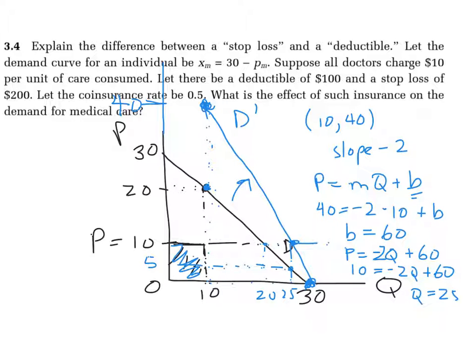Had they hit their stop loss, I'm just going to do this in yellow, the demand would have just followed the x-axis until whatever their $200 was, and then it would be just a vertical line at whatever level of usage. Basically, their demand curve would have been, had it been out to the right, let me get a pointer, don't want to mess this up. If their demand had been like this, we would have found that